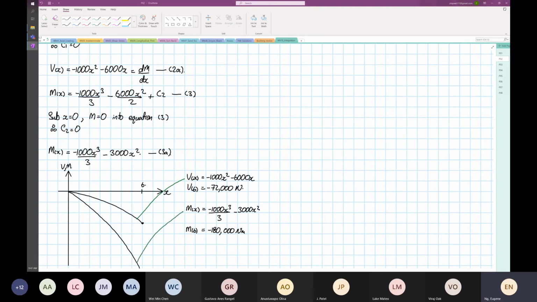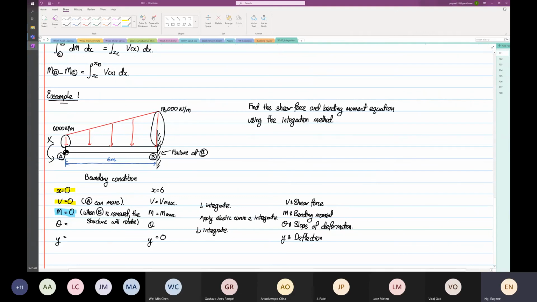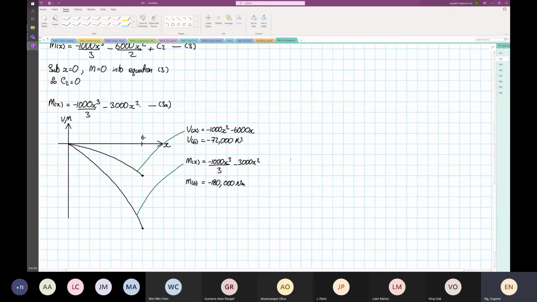Like what I told you before, if we go back to our boundary condition, we state this, which I'm going to highlight in yellow now. When x is equal to 6, we're going to have the maximum shearing force, and we're going to have the maximum bending moment. Okay, so likewise, when you see over here, when you